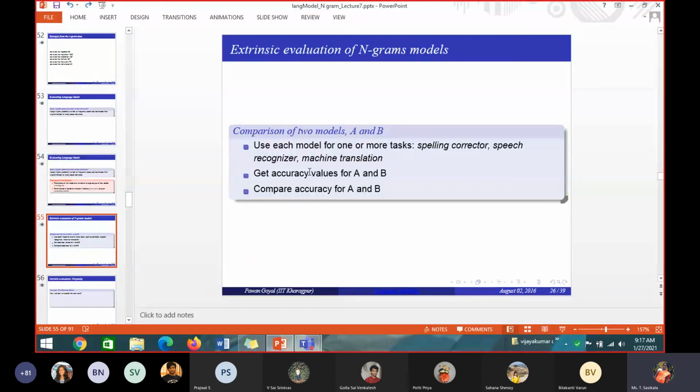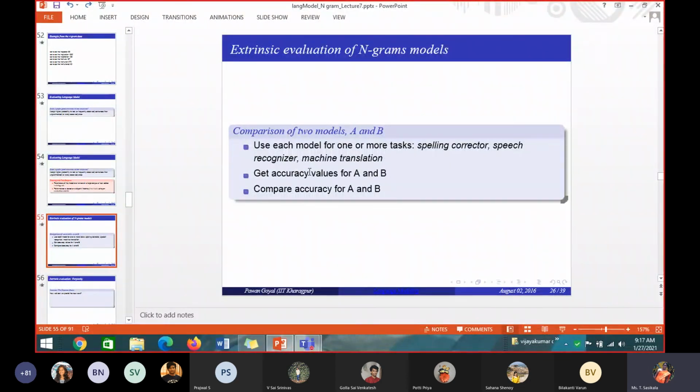If model A gives a better result, then that is taken as the best model. Or if model B is giving the best output, then it is taken as the best model. This is called the extrinsic method of evaluation. So you have training data, and using it I construct two models, three models or four models. After constructing the models, I give some applications, for example three applications: machine translation, spelling correction, query completion. I give them to model A and model B and calculate how each performs. Whichever has the better performance is taken as the best model.